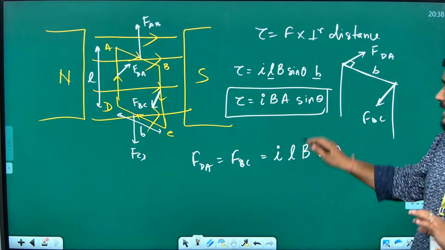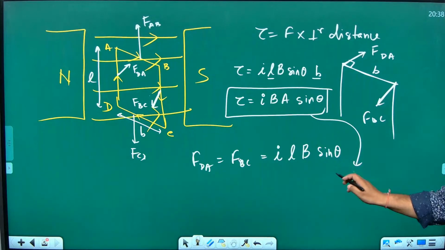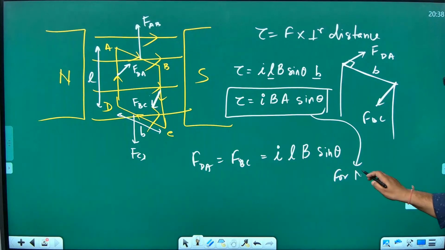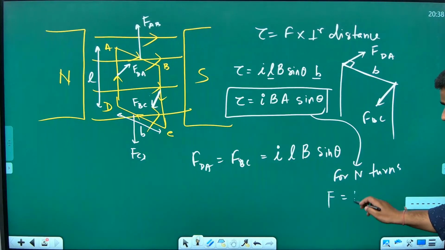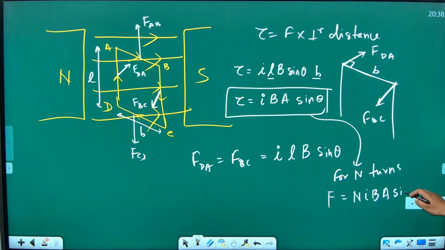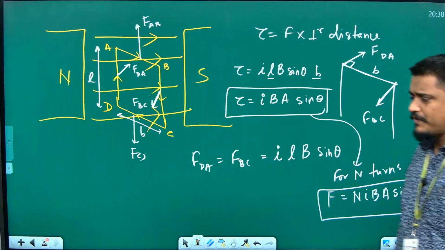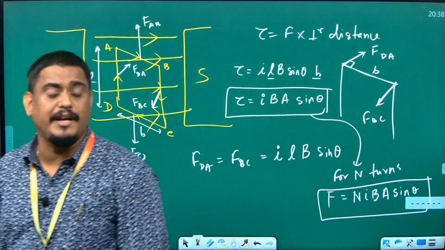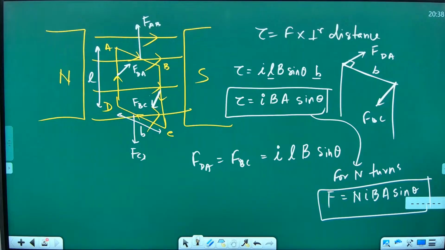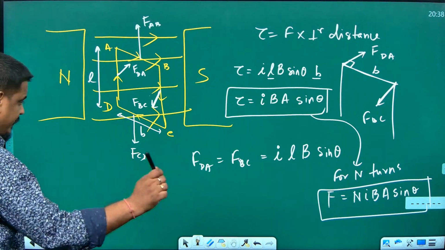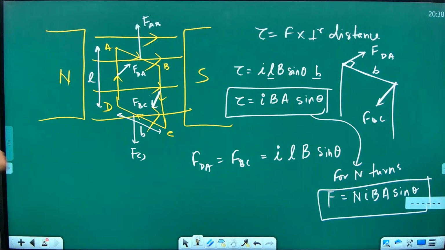If this coil has N turns, for N turns, the torque will become equal to N I B A sin theta. Remember this. So, N I B A sin theta is the torque on a current carrying loop kept in a magnetic field. Very important, please pay attention. One more thing I will tell you, please wait one second. You will learn in the next chapter that N I,